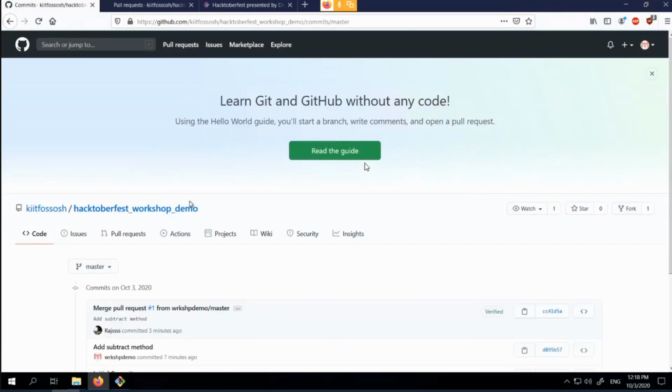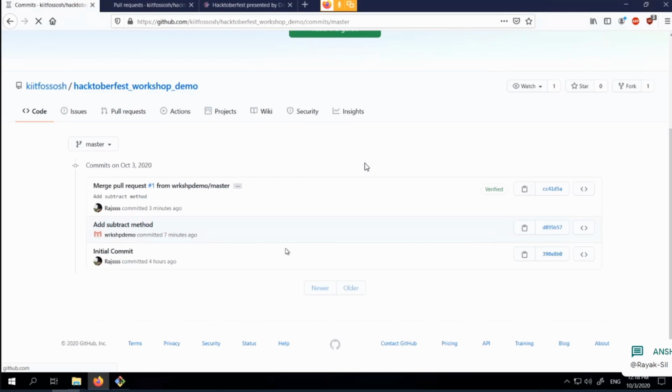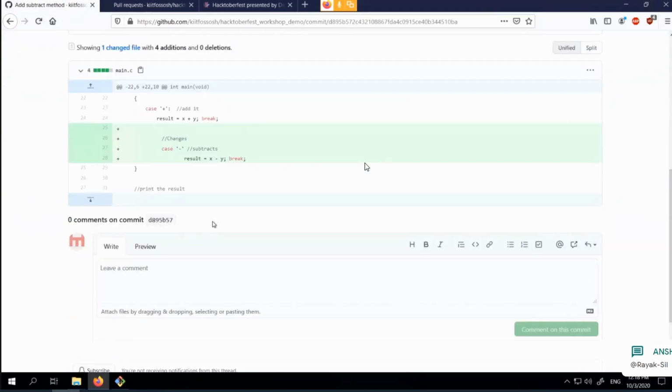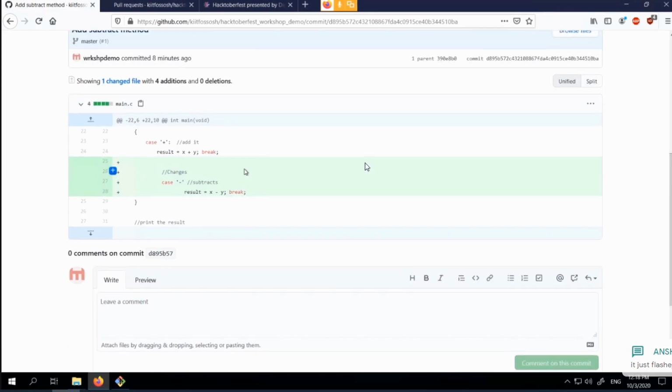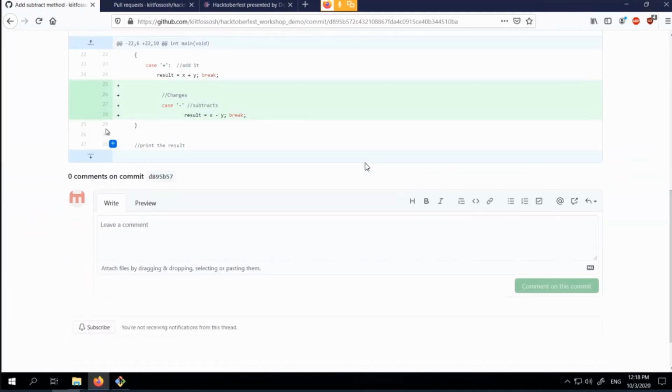So the pull request we just did, you can say basically it's an okay pull request. It's not exactly a good pull request because it does not add as much value to this project. But I'll show you what a bad pull request is now.